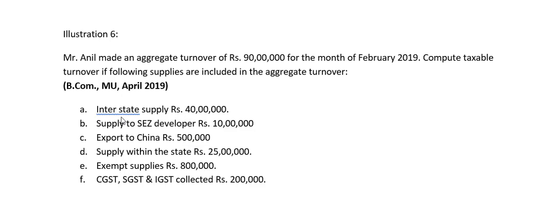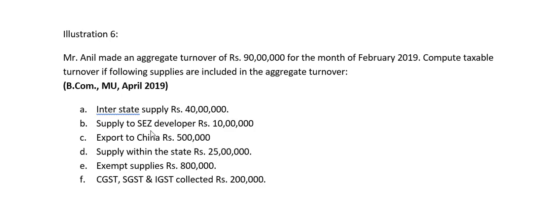Very simple. Okay. Interstate supply. This question was asked in April 2019 by Mangalore University for BCom students. So, interstate supply, rupees 40 lakh. Out of this 90 lakh, 40 lakh rupees worth of supply is interstate. Have they mentioned whether it is zero rated? No. Exempt? No. They have not mentioned anything. That means this attracts tax. You have to pay tax. So we need not deduct this.